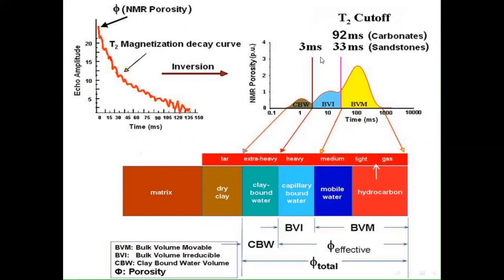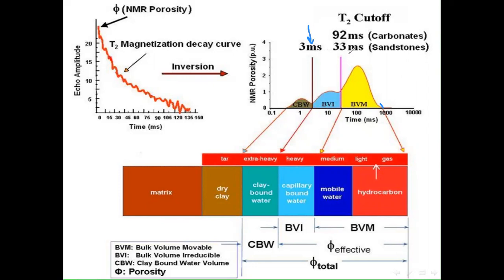So, for example, the total area under the T2 distribution will represent the total porosity, while the area below the distribution up to the cutoff of 3 milliseconds will represent only the clay-bound water volume, while the area below the distribution between the cutoff